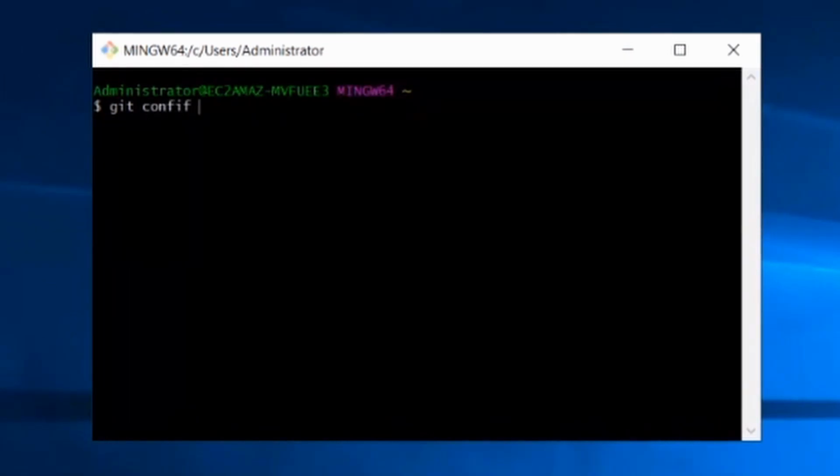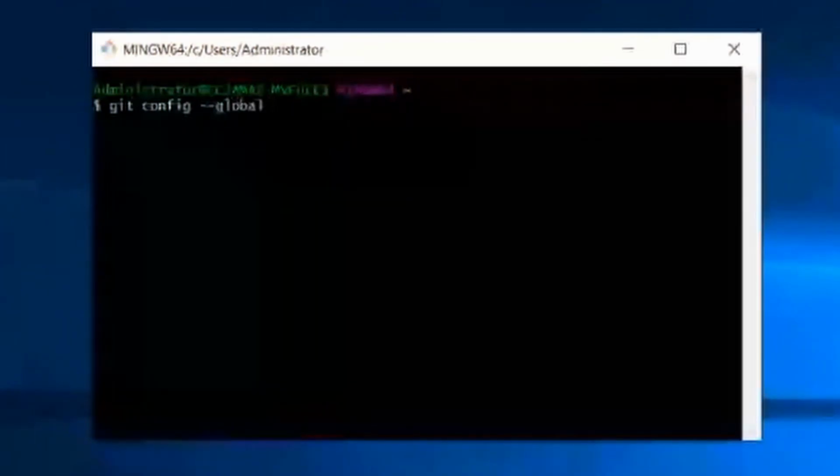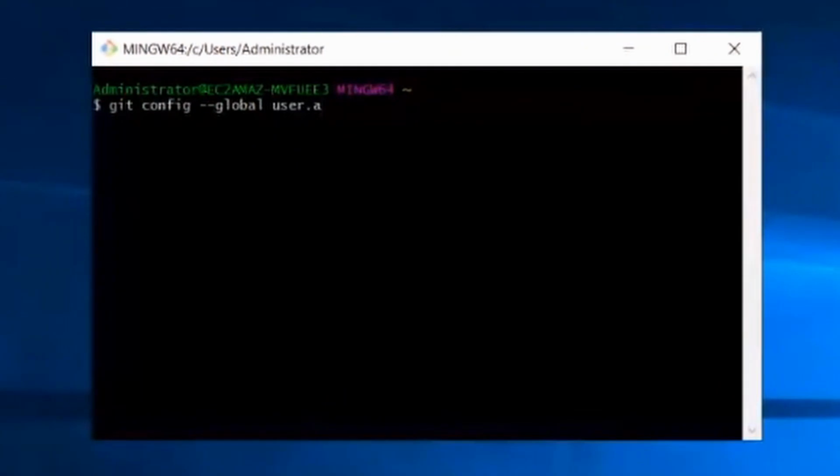The first command is git config --global user.name, and in double quotations write the username of your account.